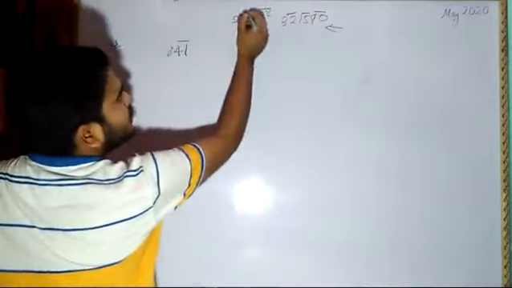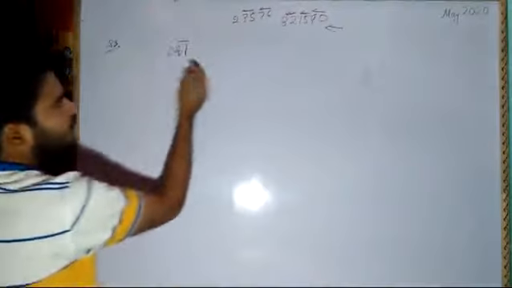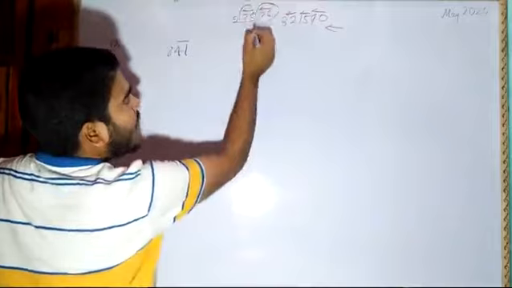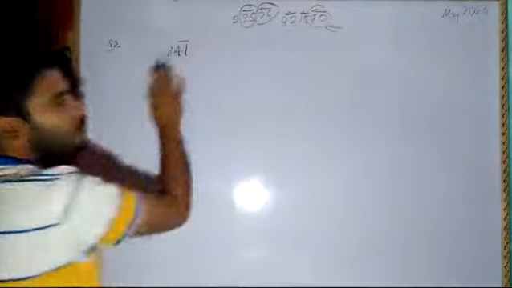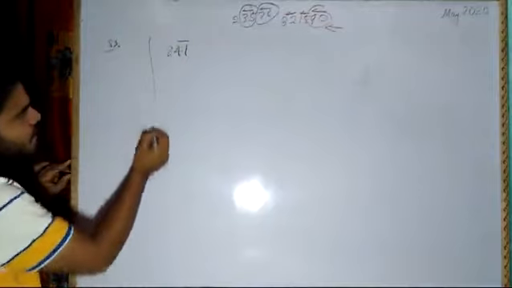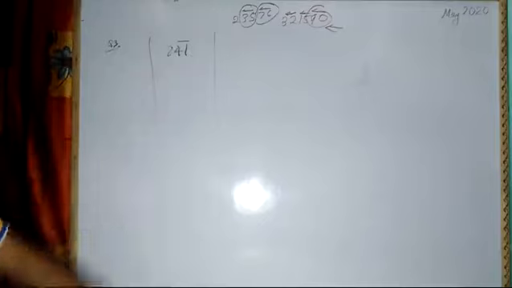So the arrow will follow this side from here to here. In this manner, we have to group it. No need to put the arrow here. To make you understand, I have marked here, my dear students. In your paper, you have to mark it like this. Now, you have to find the square root, right? It is given 841. Now, how are you going to find it?